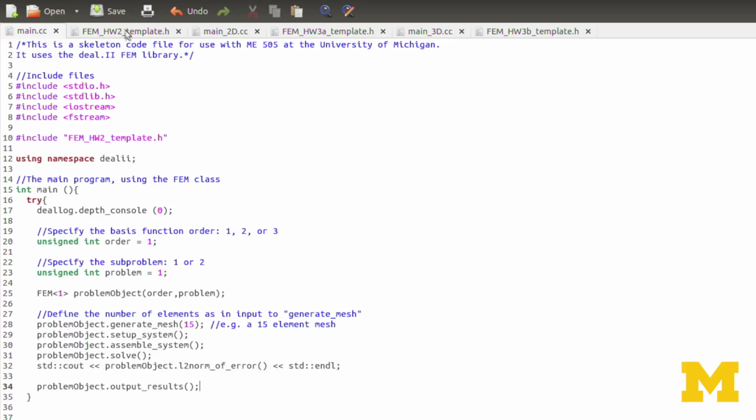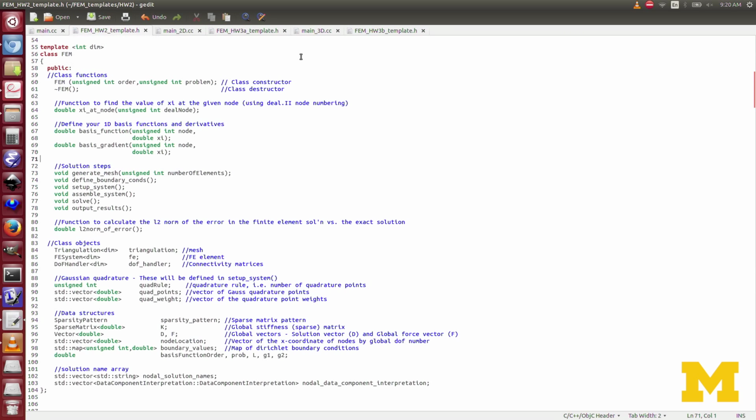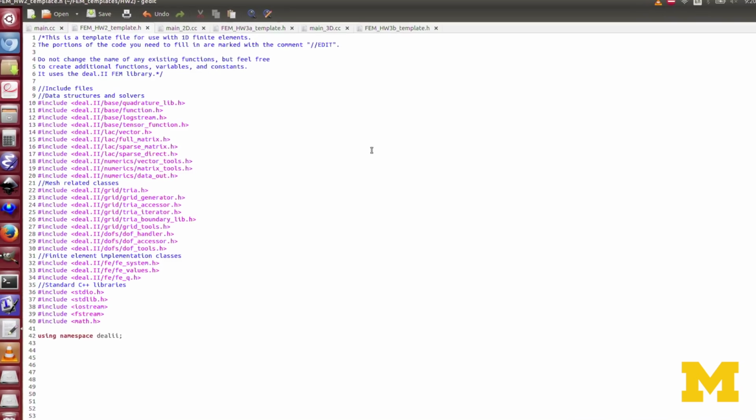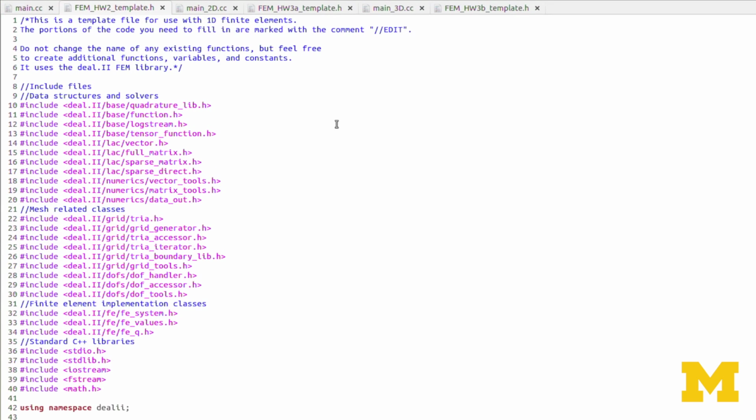So let's move on to the header file. I'll scroll to the top here. Now in the comments you see at the top, I've specified that anywhere you actually have to make a change or modify the template, I've included the word EDIT in capital letters. So anywhere you see EDIT, you'll have to edit something. Otherwise, you can let it be. Also, as you're writing your code, don't change any of the function names or inputs that I've already set up for you. You are, however, free to go ahead and create new functions or additional functions if you find that helpful.